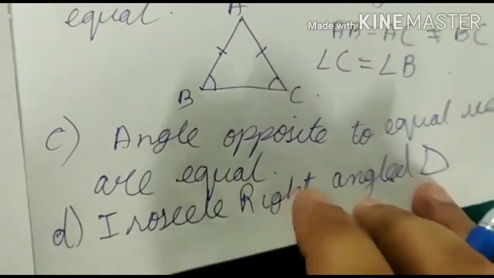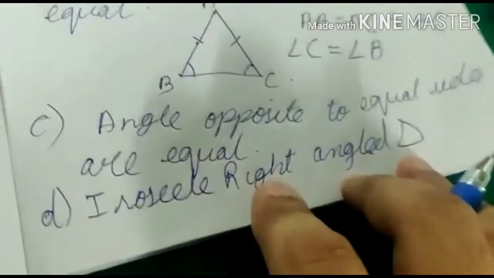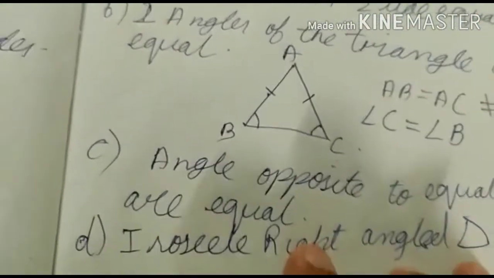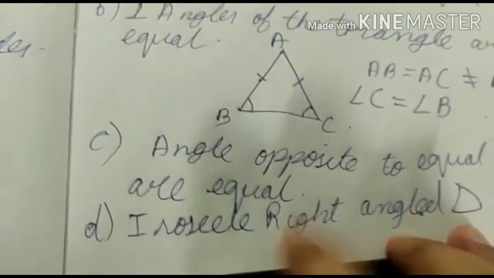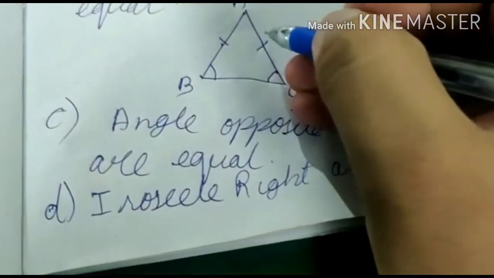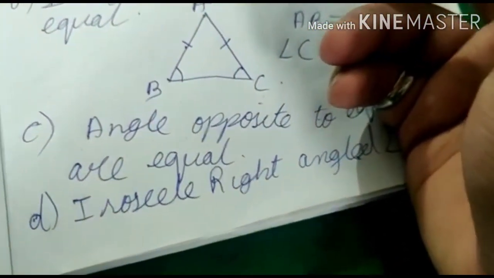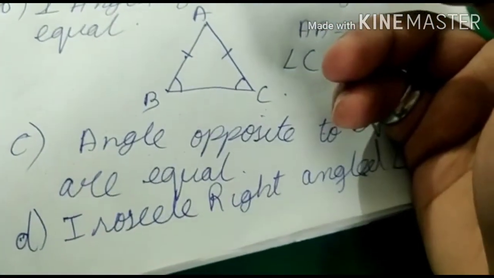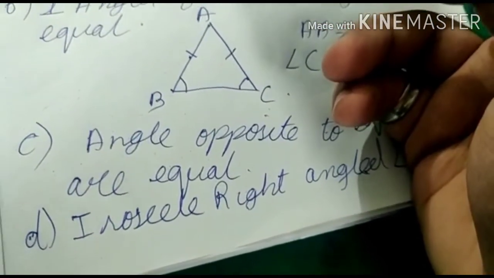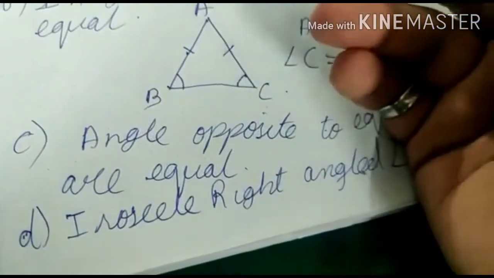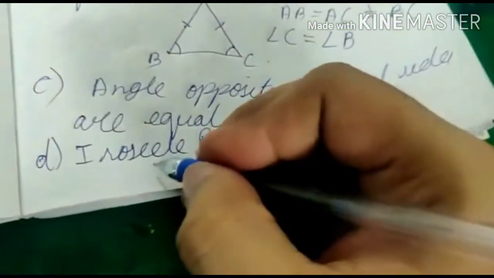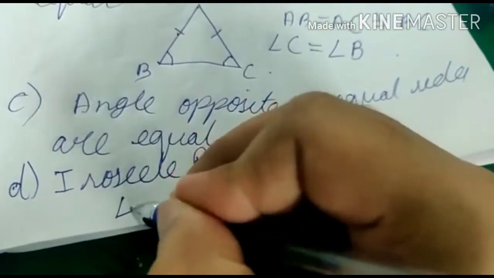This is isosceles, but it says right angle. So one angle in it is 90 degrees. If one angle is 90 degrees, then the other two angles are equal. Then the other two angles are 45 and 45 degrees. As in a triangle, the sum of all the angles is 180 degrees. So 90 plus 45 plus 45 gives 180 degrees. So in this, two angles are 45 degrees,